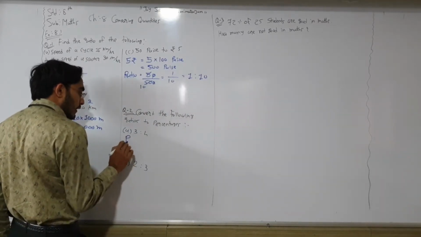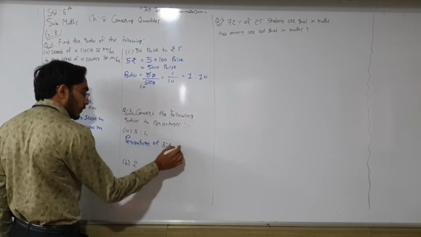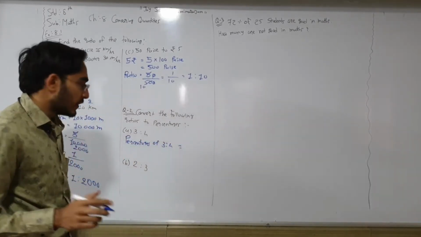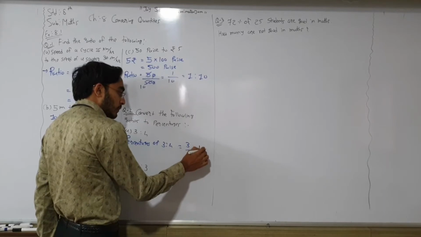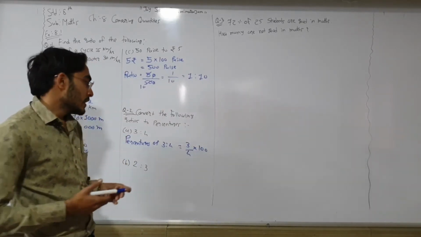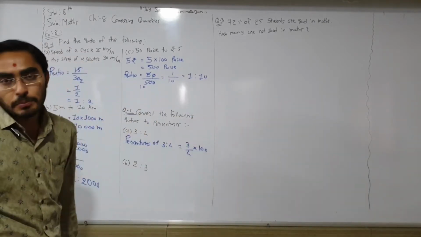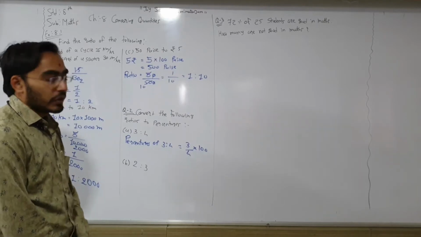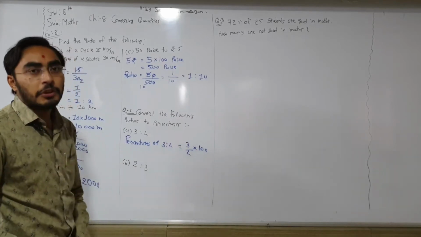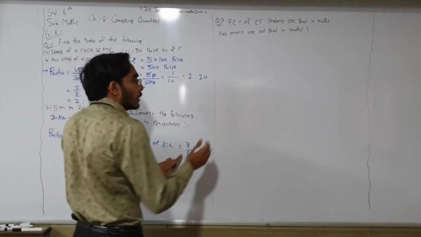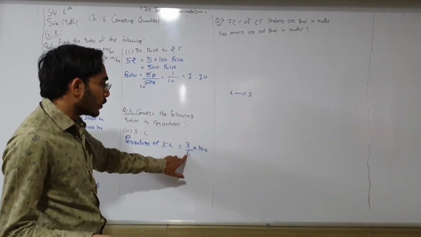Write down the percentage of 3/4 is equal to. Now how can we find the percentage? First of all, write down this ratio 3/4, and we need to multiply it with 100. We multiply the ratio with 100, so it will be converted into percentages. Percentages means we compare with 100. So 3/4 means out of 4, 3.